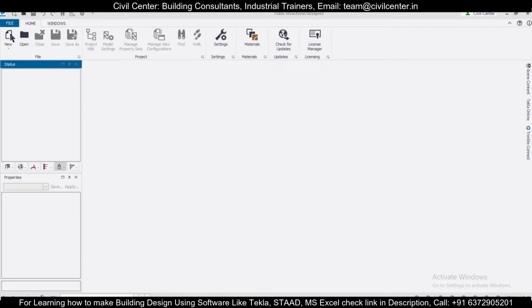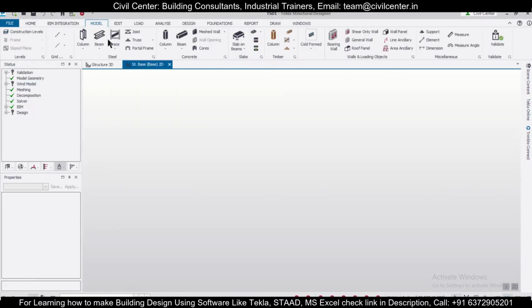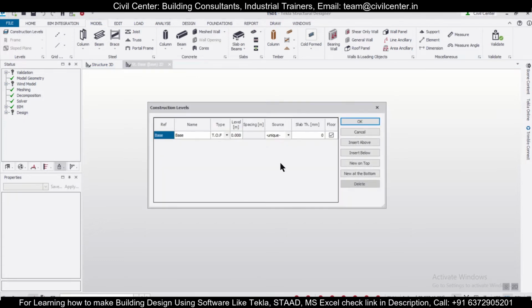So we'll open a new file here. We'll just click on new, and then a new file will open, and after that we'll process the steps. First of all we'll go to model, and then in the model we'll go to construction levels. In the construction levels we'll create the construction levels, insert below, we'll give this minus